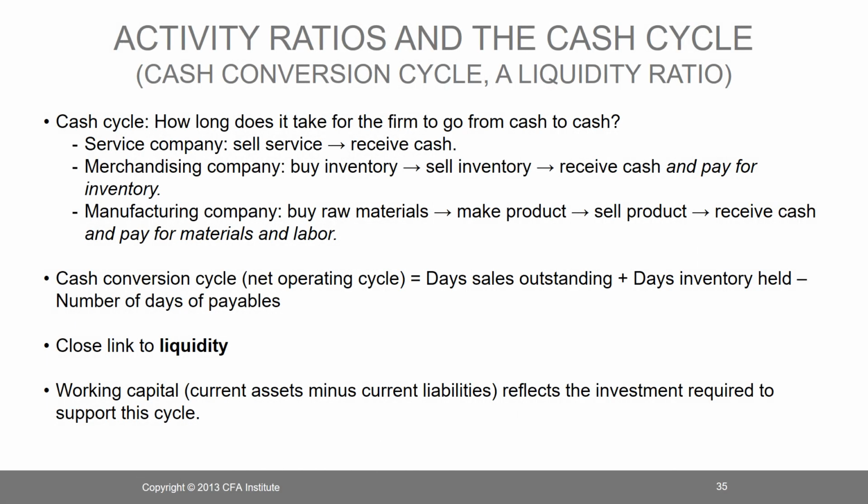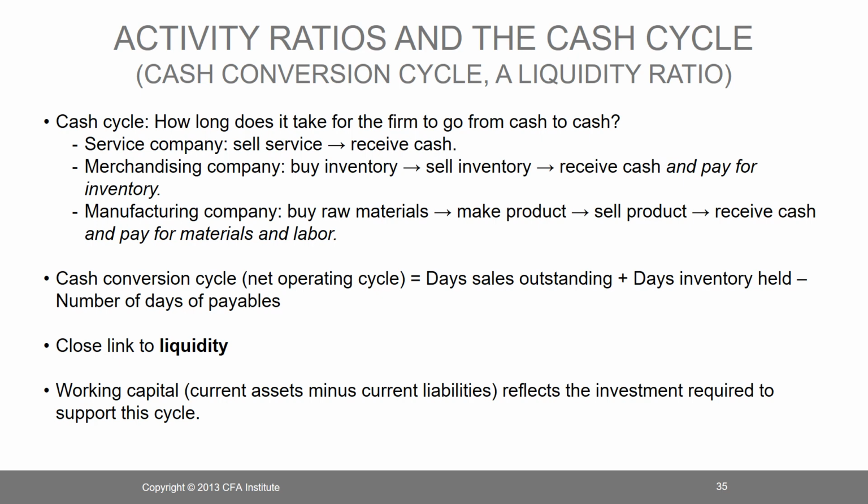Remember how I mentioned earlier that activity ratios are closely linked to liquidity ratios? Here we'll look at what is called the cash cycle or the cash conversion cycle, which is a liquidity ratio. Now the cash cycle measures how long it takes for the firm to go from cash to cash. So for a service company, they sell the service and receive the cash. For a merchandising company, they first spend the money by buying inventory, sell the inventory, receive cash, and then pay for